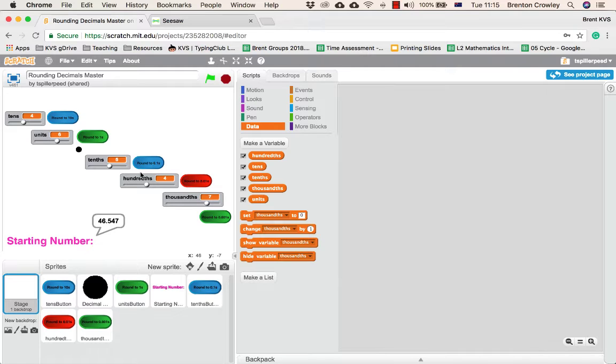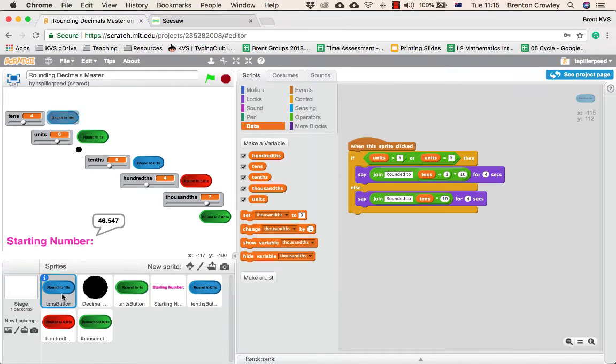Alright, so let's have a little look at how I went about doing this, so that you'll be able to finish the rest of them. So let's jump into our tens button. So here we go. These are our scripts, and it's pretty straightforward. So I've got an event here when this sprite is clicked. We're making a comparison, okay? So we want to, if we're in the tens,